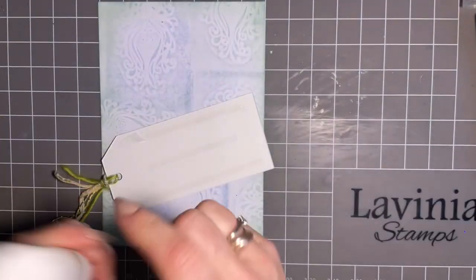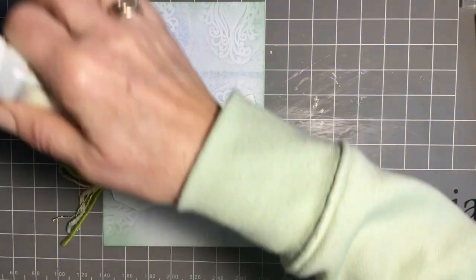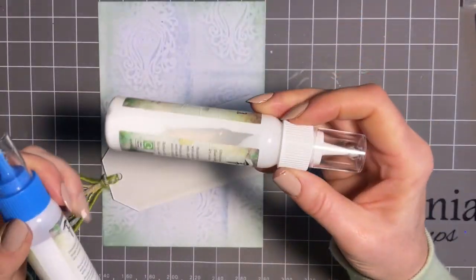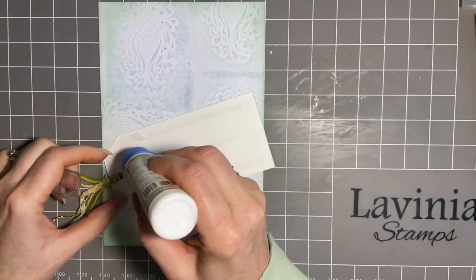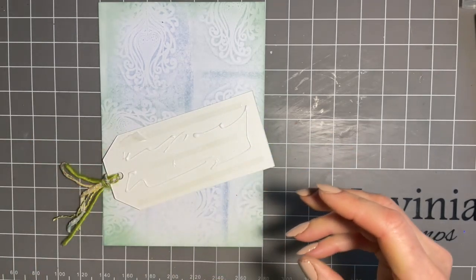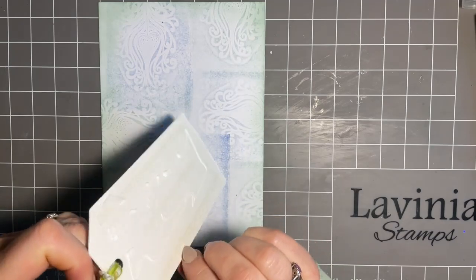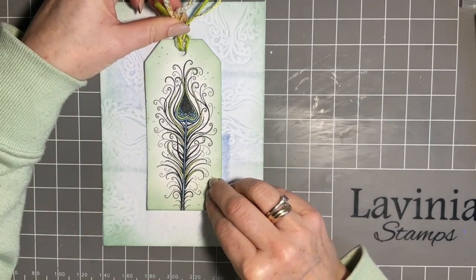So let's get some of our Lavinia glue. I've got to see, look at that. This one is empty, but I don't want to throw it out. I need to because it is empty. So, do you know what? That's something that's on my list for this afternoon. I must do that. So I'm thinking, if I pop that here,